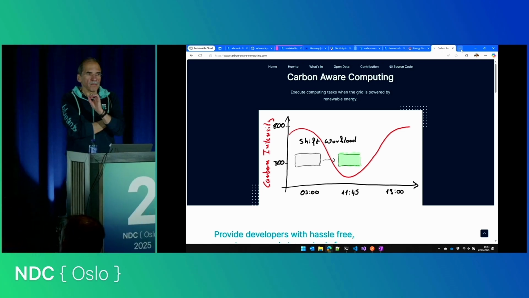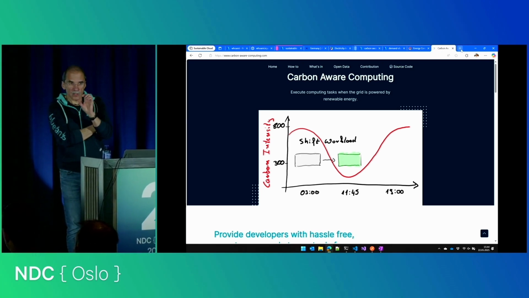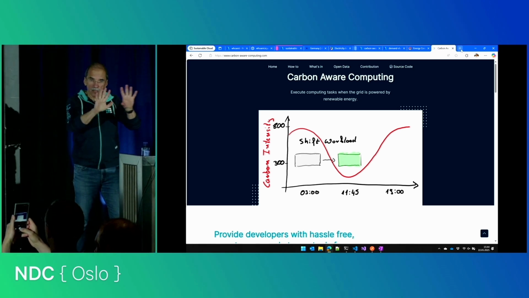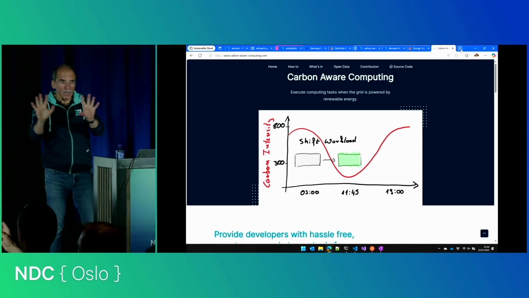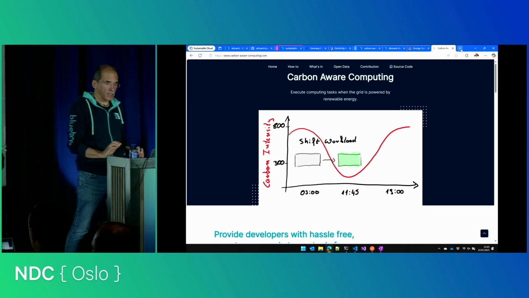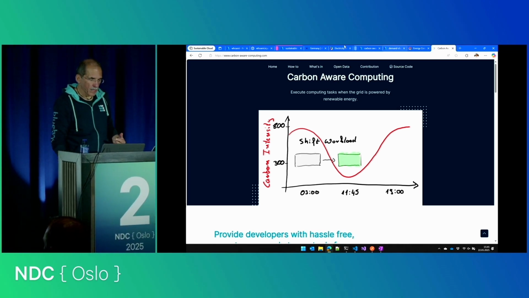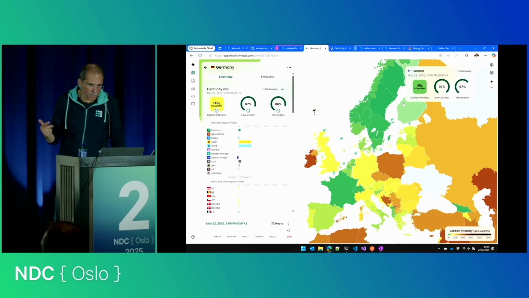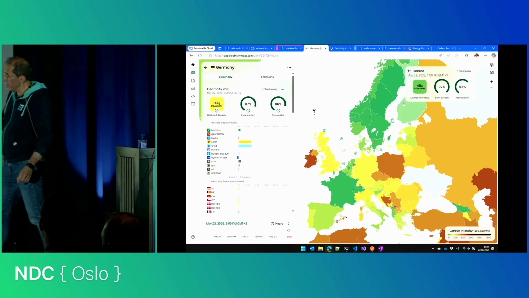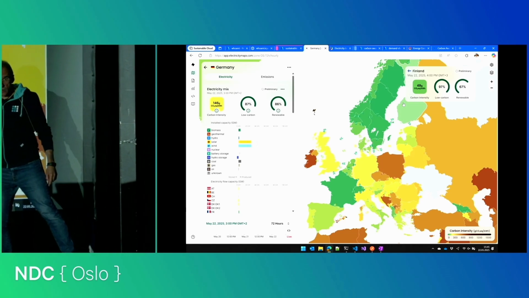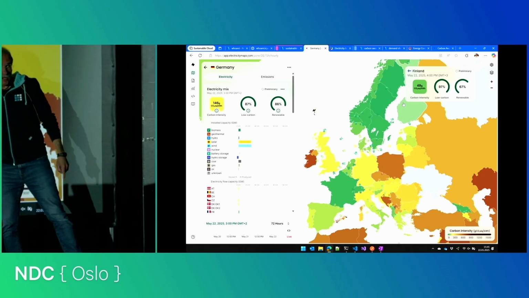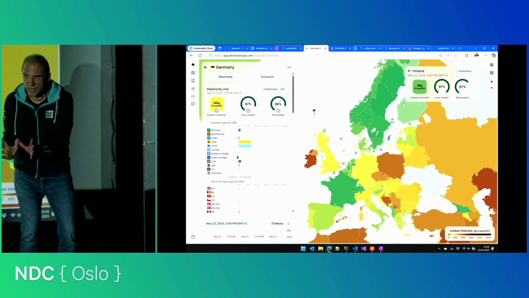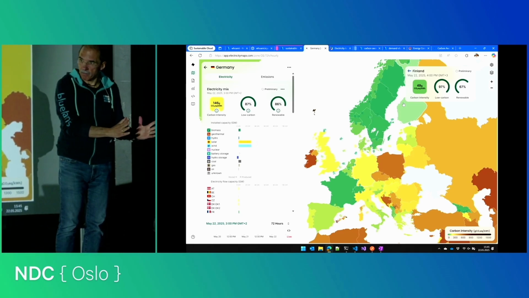There are tools from the Green Software Foundation for carbon-aware computing, for the shifting. There are tools, and then you need the forecast data. And if you go here and want to buy the data, then you have to pay 500 euros per month per grid. This is far away from smuggling in.